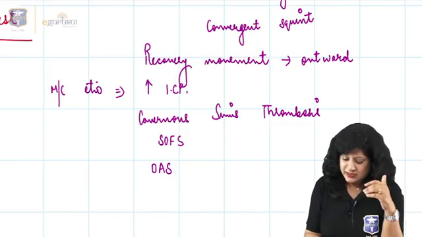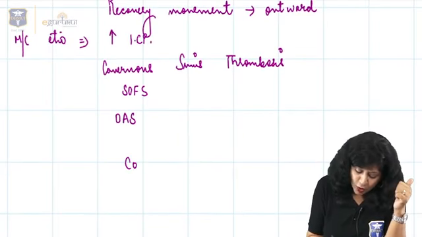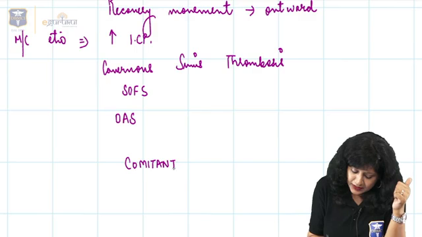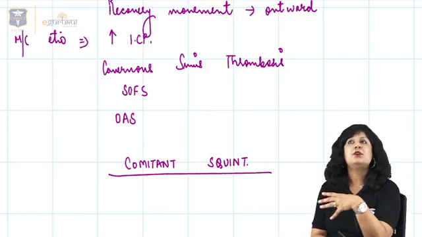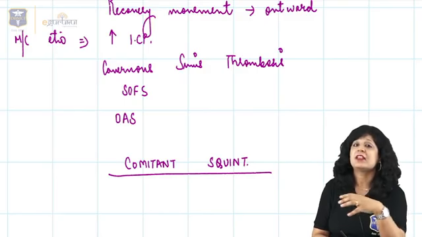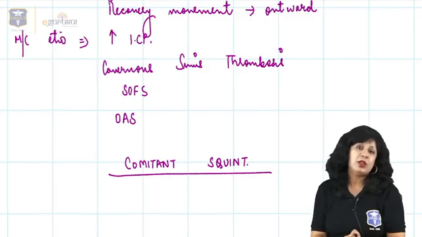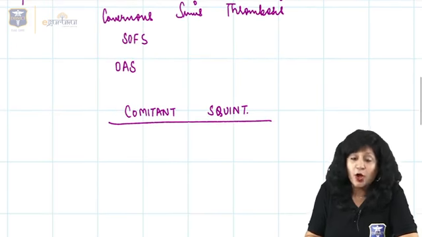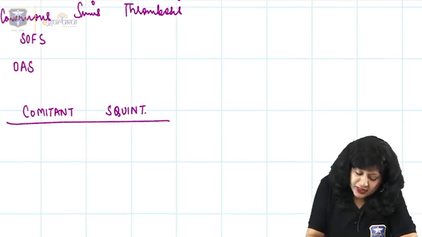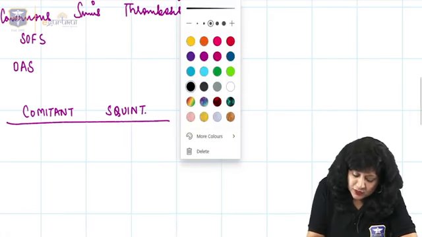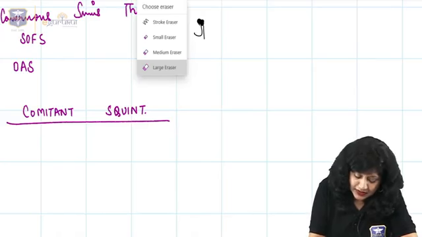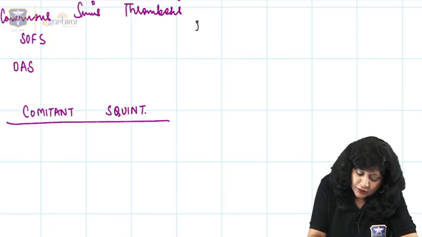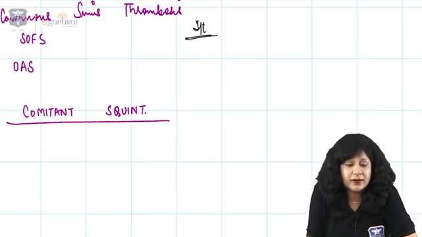So, it appears that it is most probably a comitant kind of squint. Comitant squint means a non-paralytic variety of squint, where the patient is actually having the equal amount of deviation in all the gazes. So, in cases of the comitant squint, if you remember, what is the treatment that we follow? The treatment regimen that we follow in cases of the comitant variety of the squint, we have to always follow a particular order. So, what is that order?